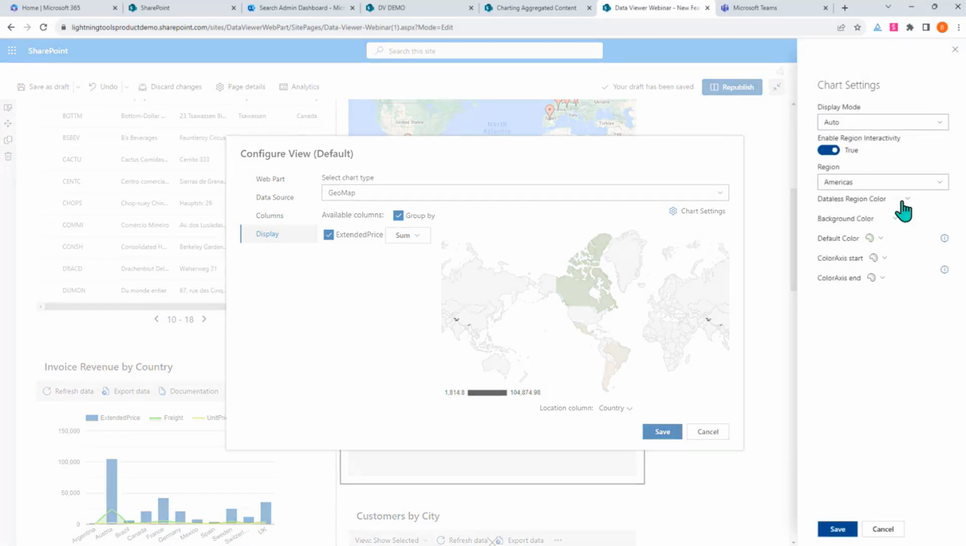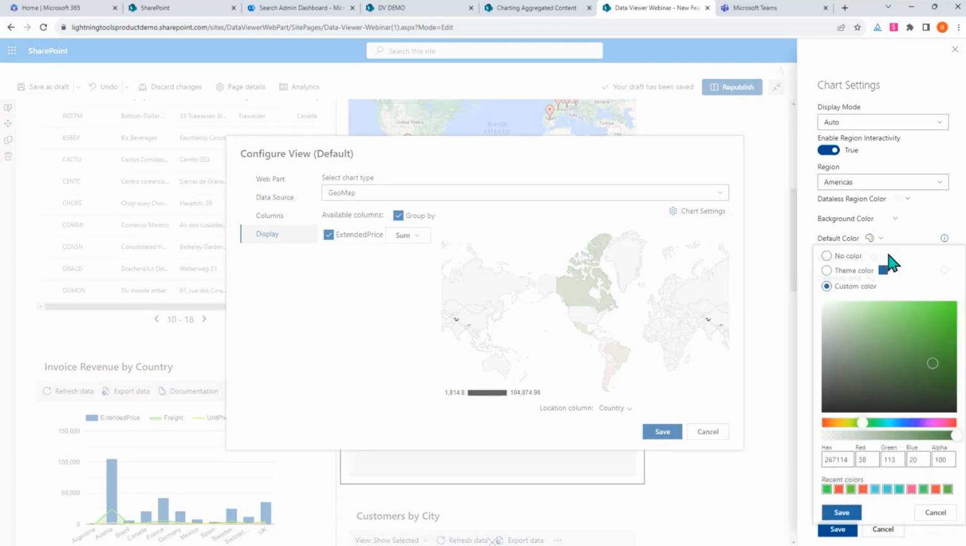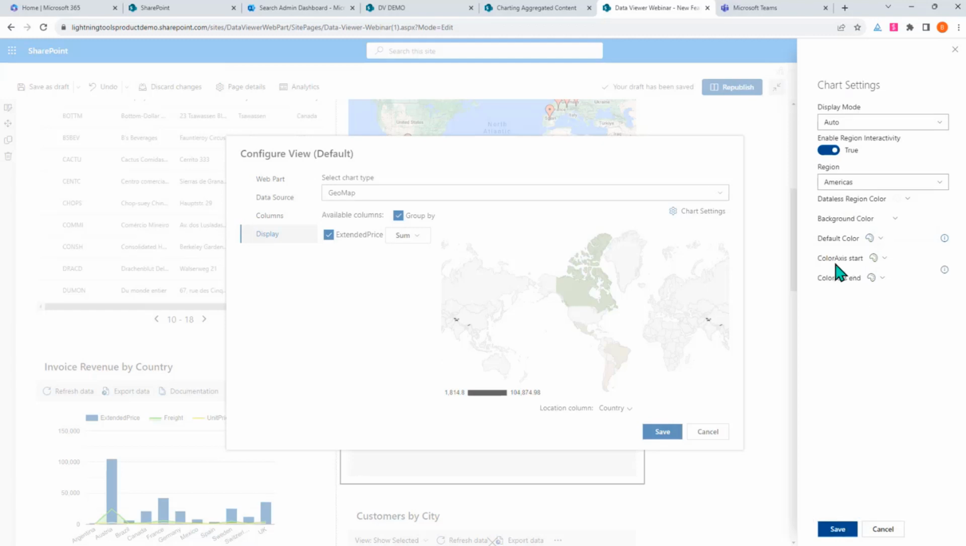We could also change each of the different colors here. So we can set a background color. We've got a default color that we could set, so that could blend in with the theme actually. And then we've got a start and end color